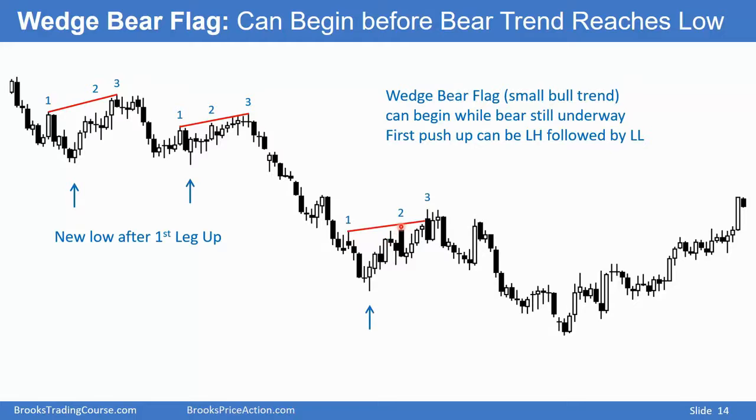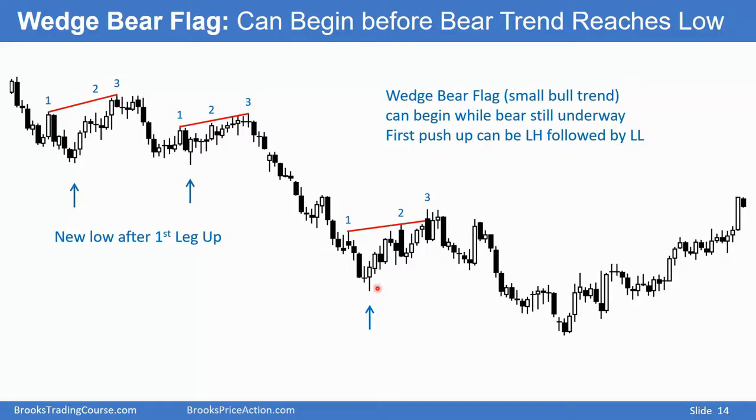You can call this two legs up, 1, 2, or you can say maybe it's a wedge bear flag where the bull trend began here, and then 2, and then 3. That's how I would label this. I would label this a wedge. I don't have the line drawn in here, but if you did draw it in, this would become a wedge-shaped pattern. Again, the rally, a wedge rally, it's a small bull trend, I think began here,